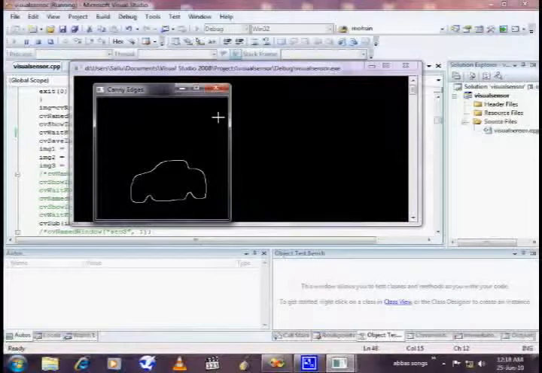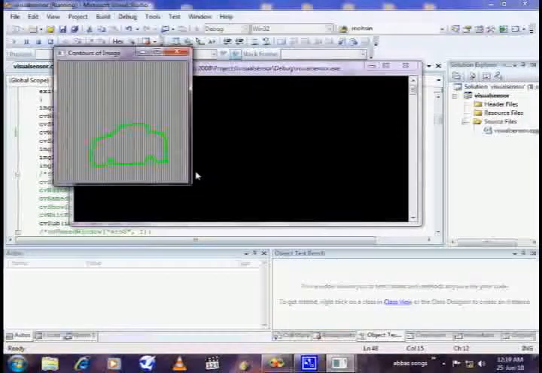After canny edge detection, we want to get the pure silhouette of the image, and for this purpose we apply the contour function on our image. When we apply the contour function on our image, if there are some internal edges in the result of the canny edge detection algorithm, they will just vanish and give us the pure silhouette of the image. You can see the contours of the image and we can get it in a pure silhouette form.